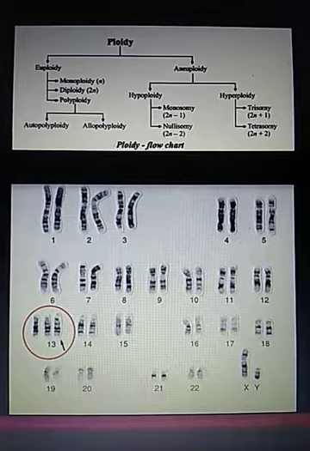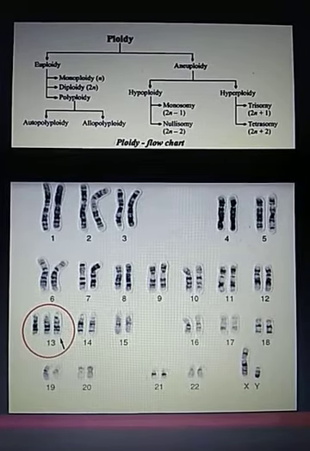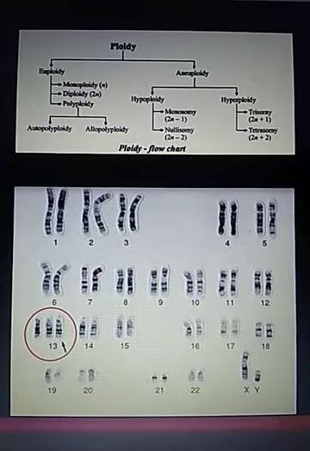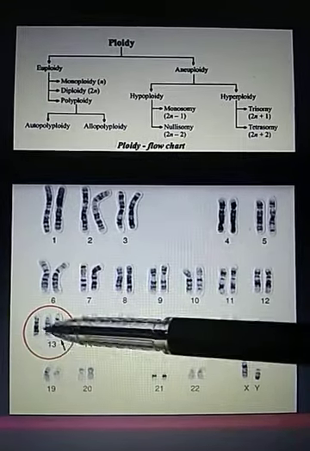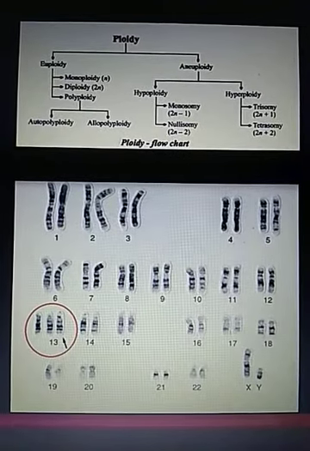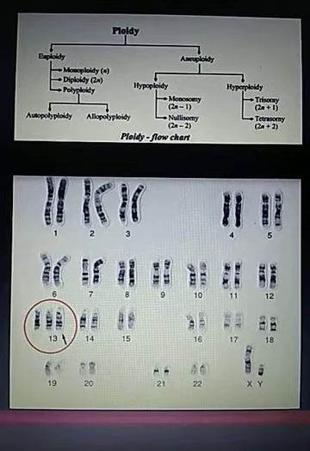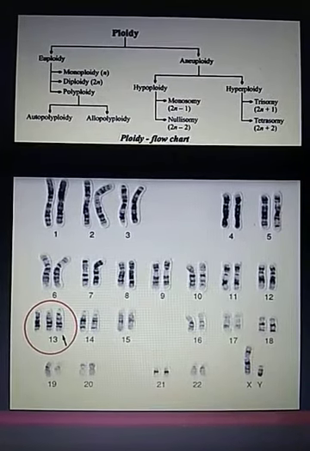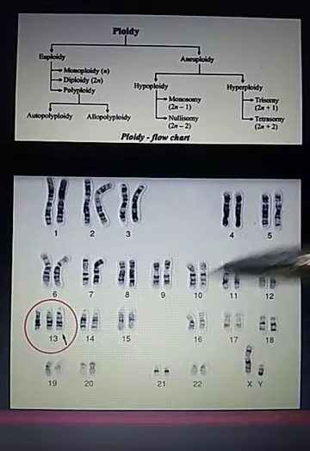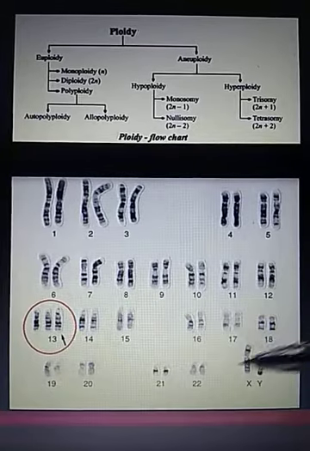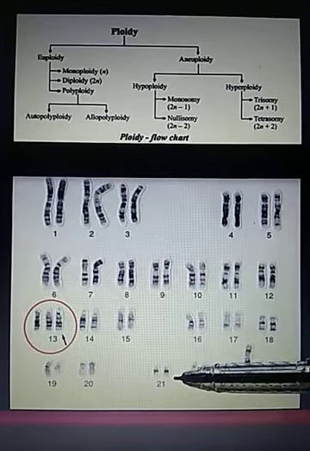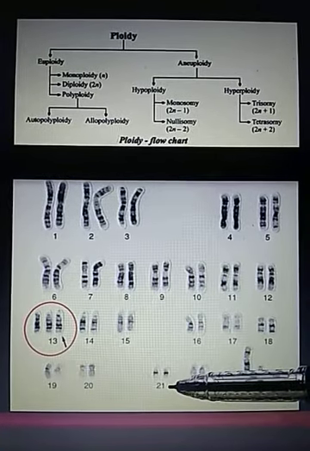Now let us talk about trisomy. A trisomy is a type of polysomy in which there are 3 instances of a particular chromosome, as I have told you that this is the condition of trisomy. Trisomy in humans is very common. For example, trisomy of 21. Consider this is chromosome number 21, and one of the homologues gets doubled. Then this is trisomy of 21 and it leads to a syndrome known as Down syndrome.